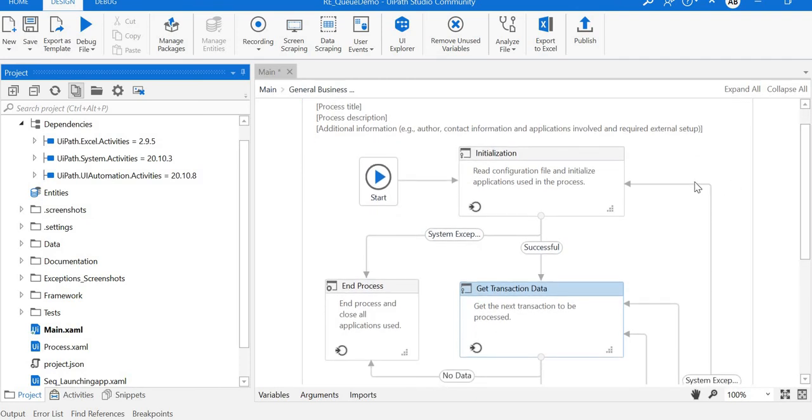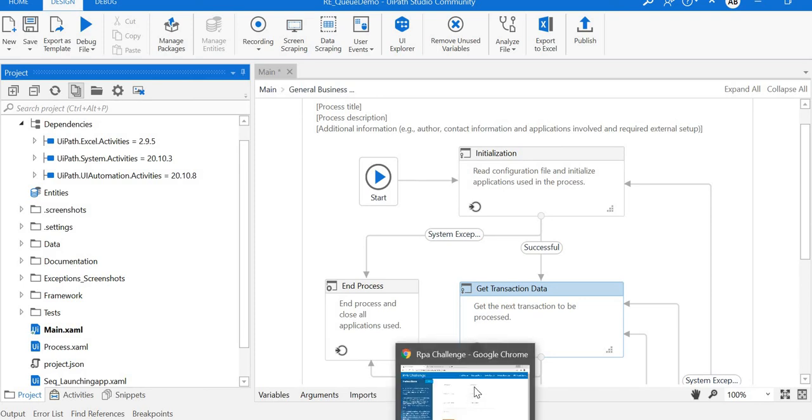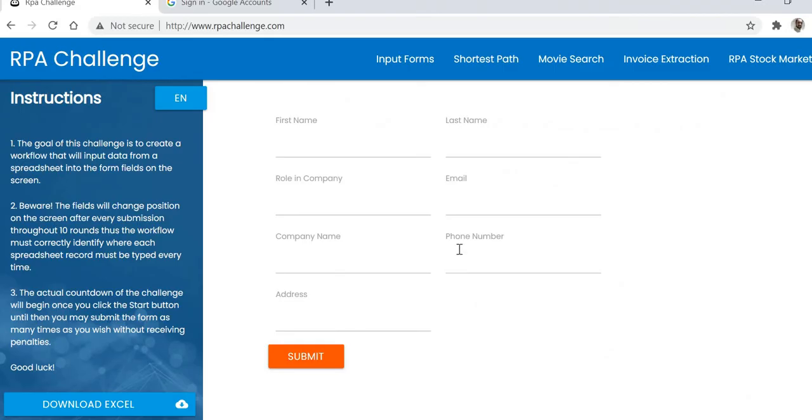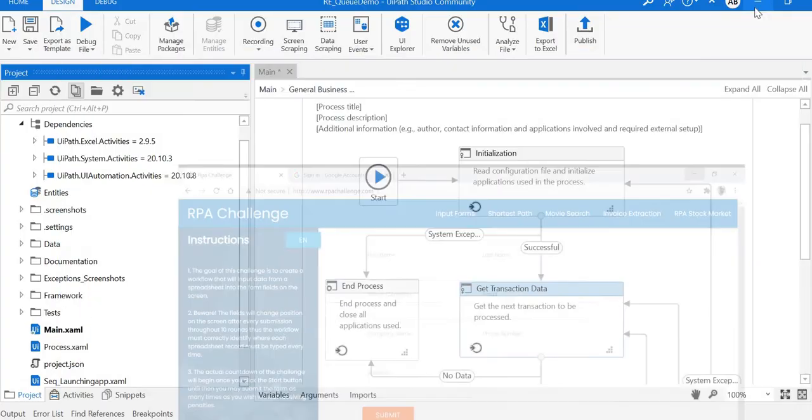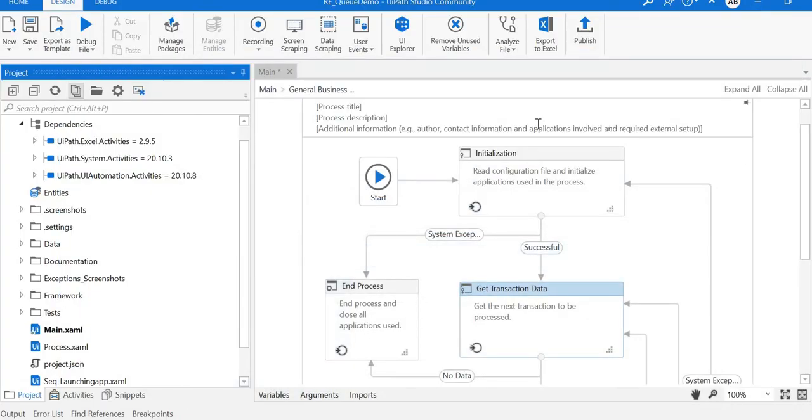Okay. So there are 4 stages. First stage is initialization. Compared to the website which we are going to automate, there are certain stages we have to analyze. The first thing is we have to read the config file, because the URL and other components are available in the config.